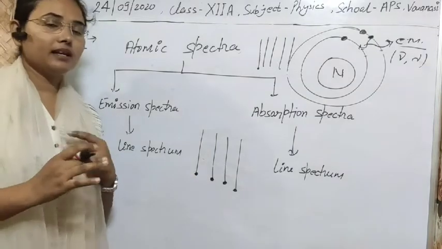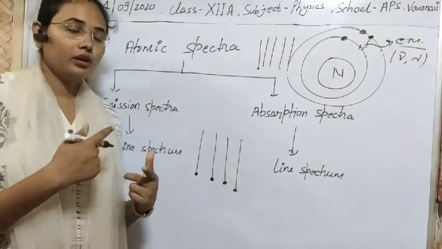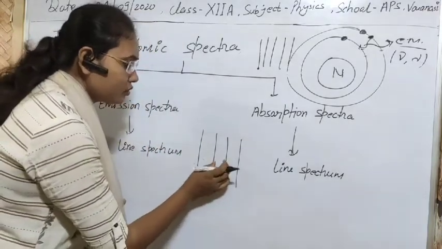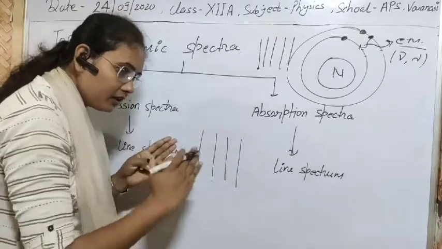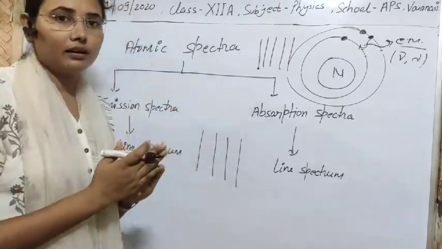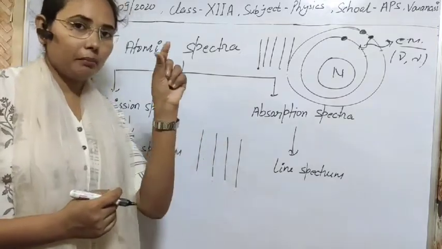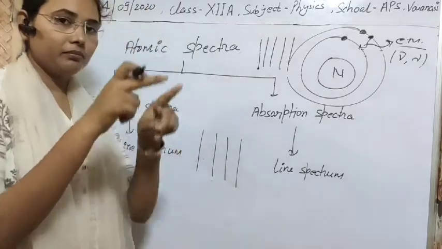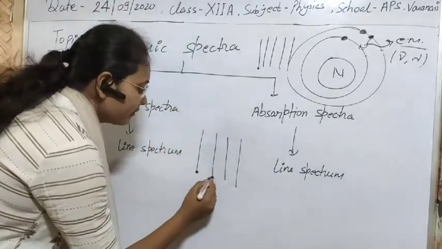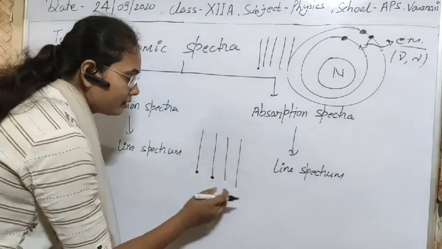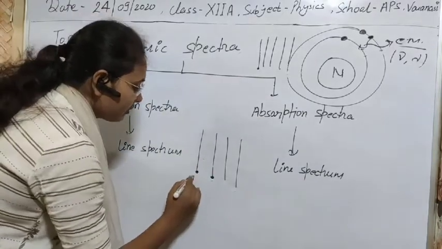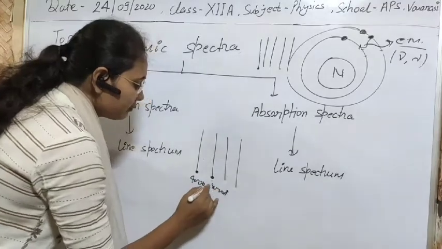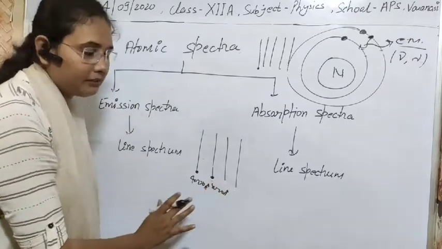And band spectra, like you are seeing in the case of a rainbow. In that case you can't even distinguish the colors, meaning there is no separation between the colors, only a continuous spectrum of the light occurs. So in that case we get a band, a strip for any color, like for red. There is variation in wavelength, for example I am taking the variation from 4000 angstrom to 5000 angstrom.